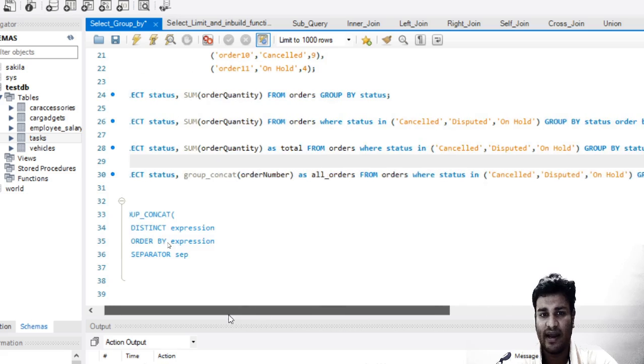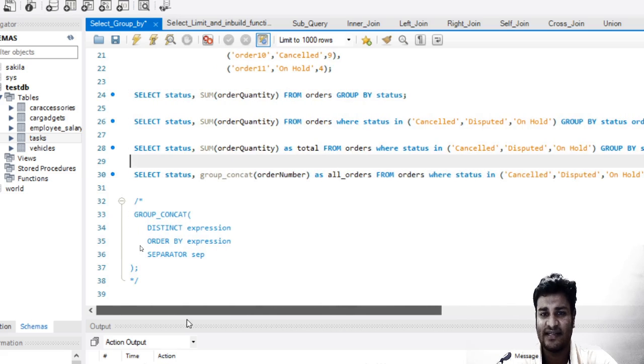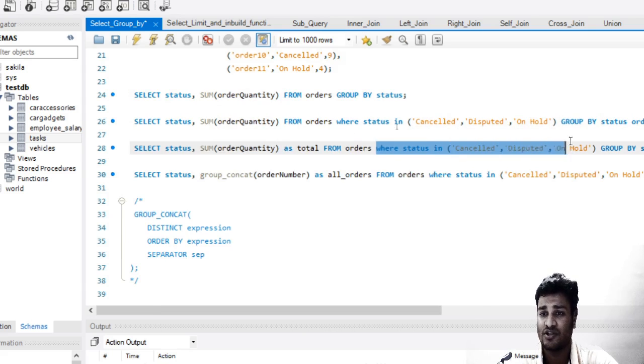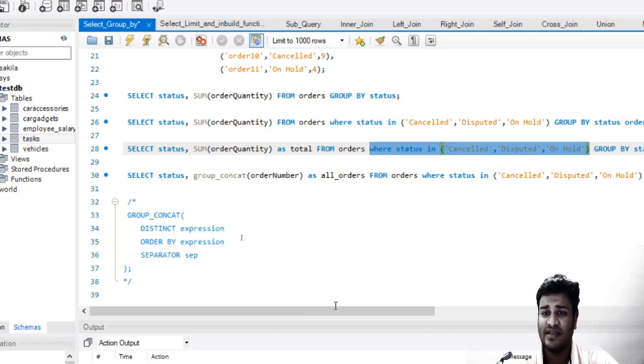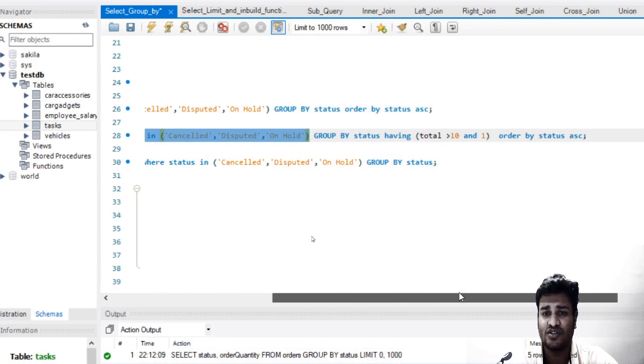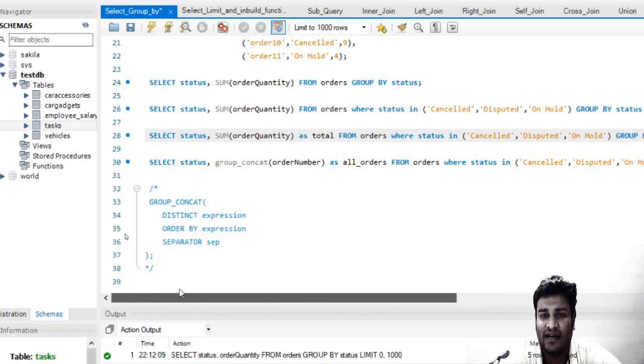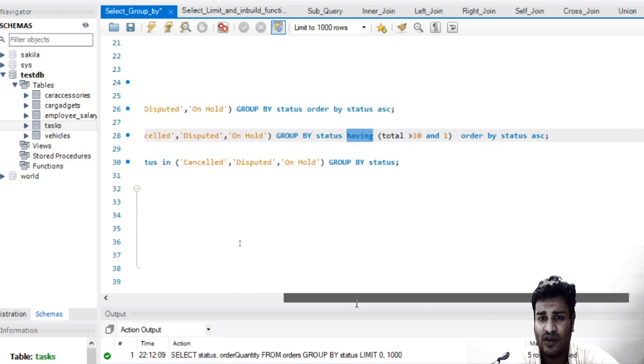So if you see over here, first is the select statement, then the from statement, then we have the table name, then we use the where clause. After using the where clause, we will use group by. After using group by, we will use having, and then after it we can use order by, and at the end we will use limit. Again, in the next chapter we will be seeing the criteria for the usage of these things. But now let us focus on having.